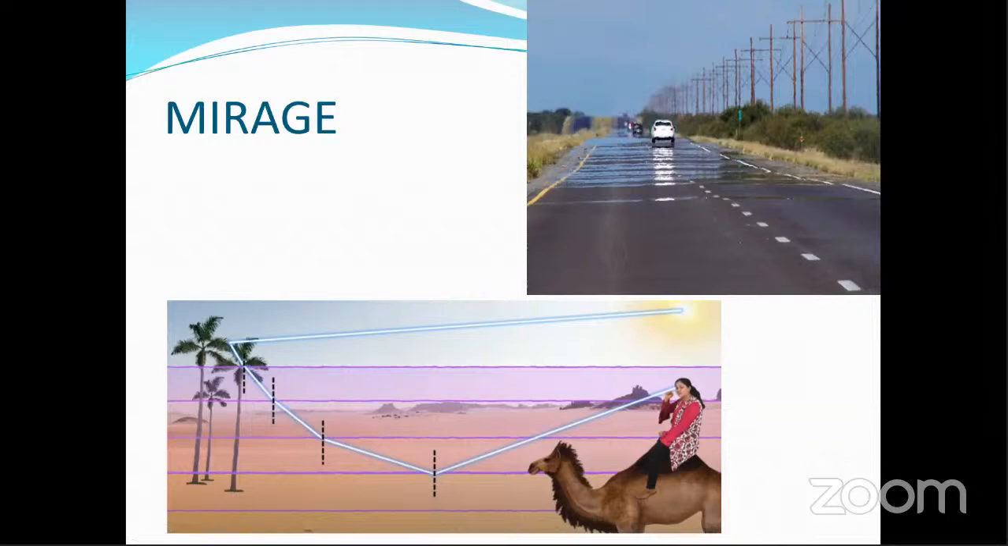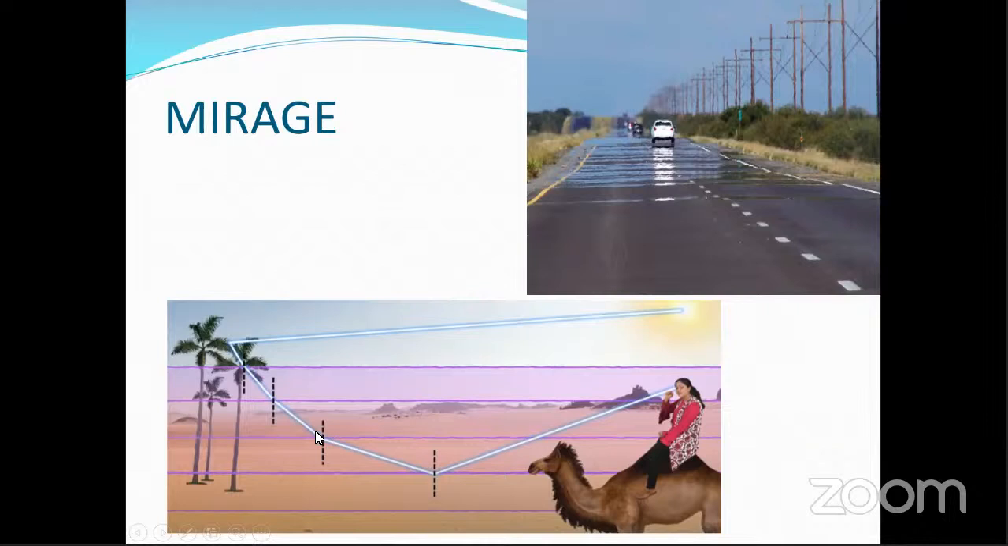Now when light goes from a denser medium to a rarer medium, the light rays will bend away from the normal. So you see, it bent away from the normal. Now again, from this medium to this medium, which is even rarer than the previous one, it will bend even more. And there will be one point at which